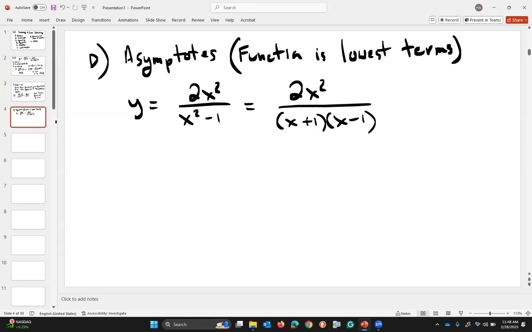If something cancels, that means we have something called a hole from algebra 2. You guys remember those? If it doesn't cancel, we have ourselves asymptotes. Right, so let's write down here real quick. If it cancels,